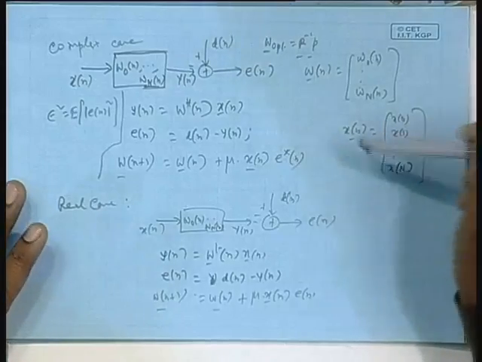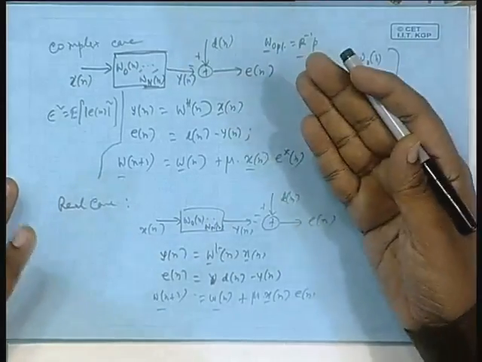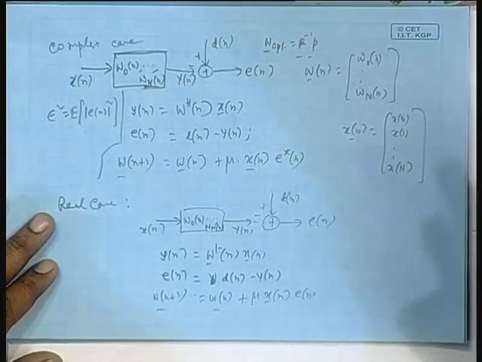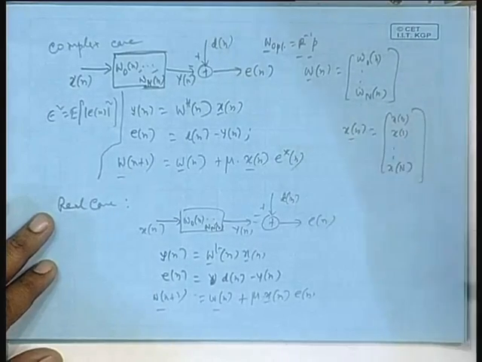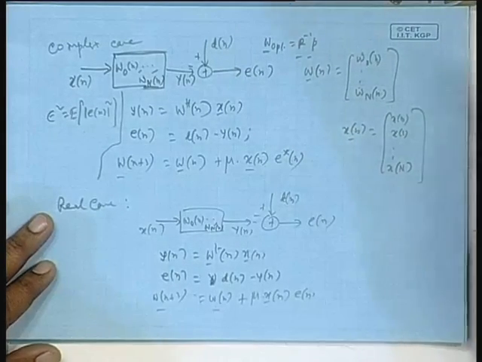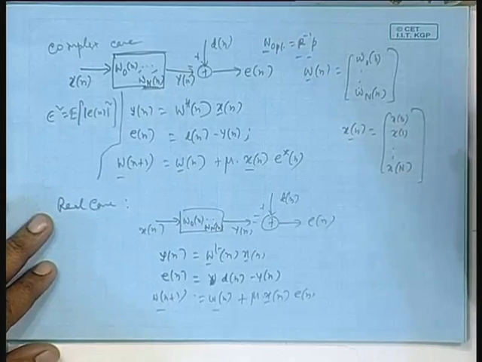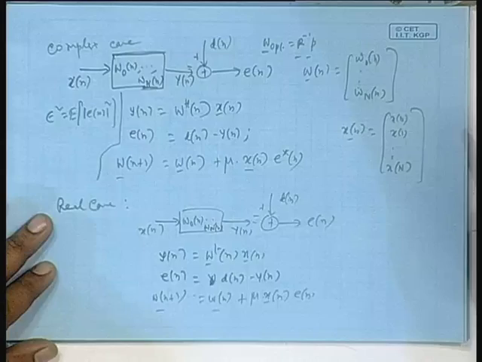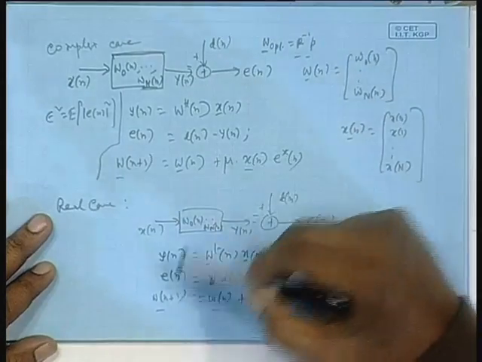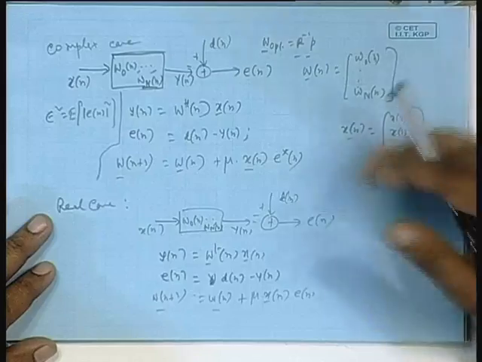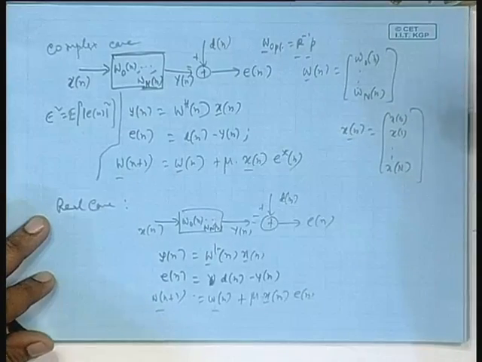If you had given exactly the correct value of R and P, it is a simple, exact steepest descent procedure, and we can show it will directly converge on the minima point. But since you are not doing that, you are giving only a very approximate value for R and P, naturally you have to lose something. So, your filter weights will not converge directly on the optimal weights, but it will converge actually in some other way, and that convergence is in its mean.